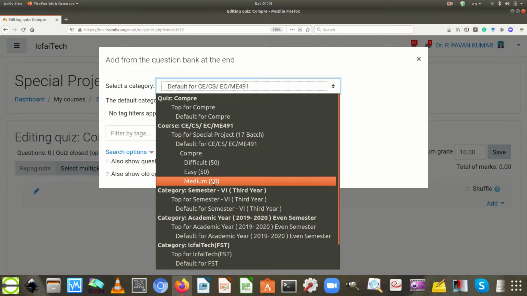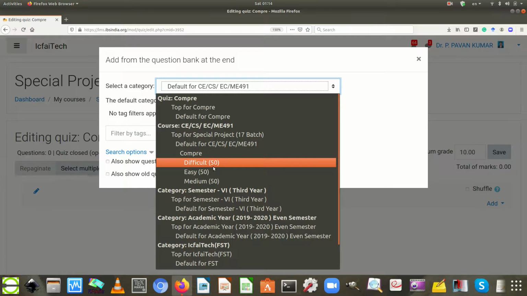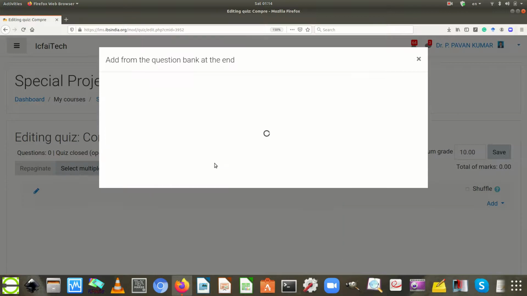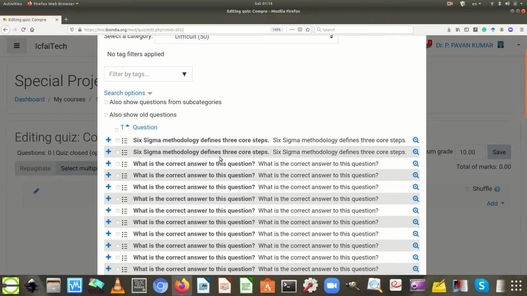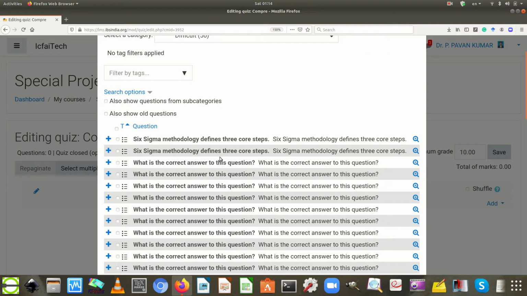Adjacent to the difficult subcategory, within the brackets, the number 50 indicates the number of questions within the subcategory. After selecting the difficult category in the select a category, choose any 5 questions.